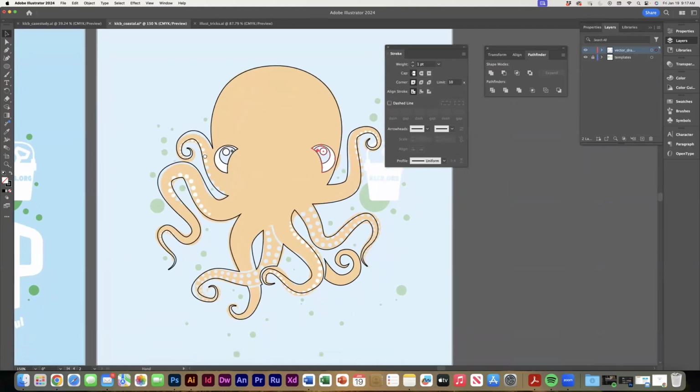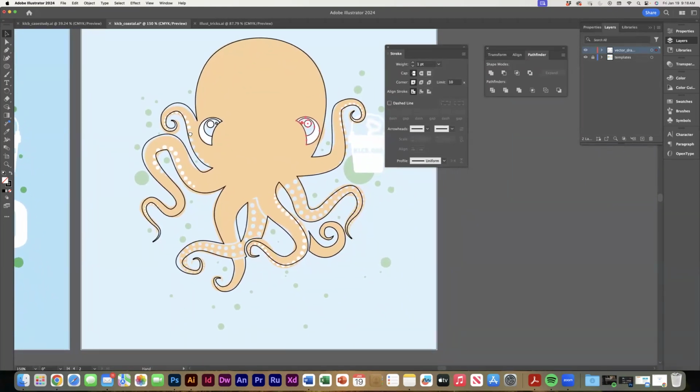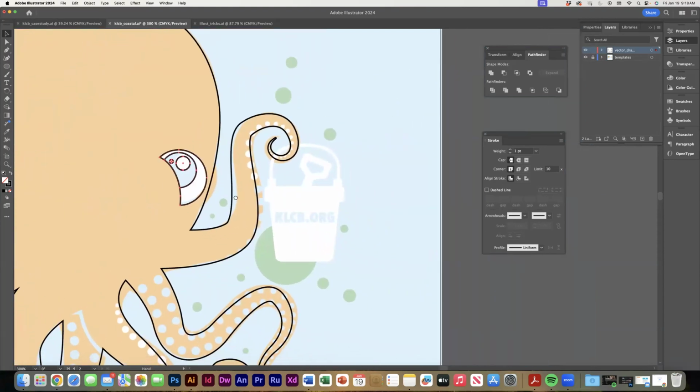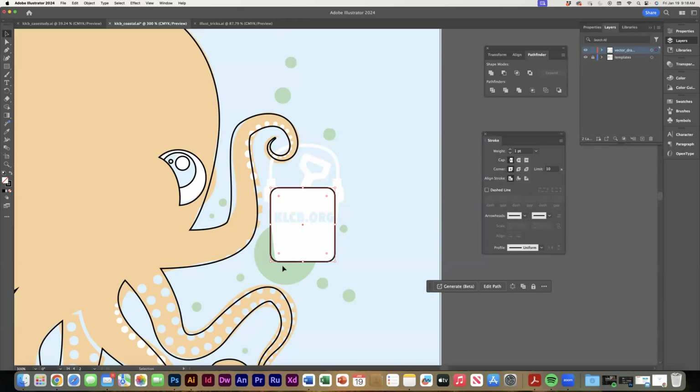All right, we got our octopus drawn here. Let's move that out of the way. And so let's just talk through the process here of everything like the bucket. You see the bucket here? This is actually a rounded rectangle. So I'm going to go ahead and draw a rectangle, and then I'm going to grab the center dot around the corner, and that'll allow me to create kind of this rounded rectangle. I'm going to use direct select